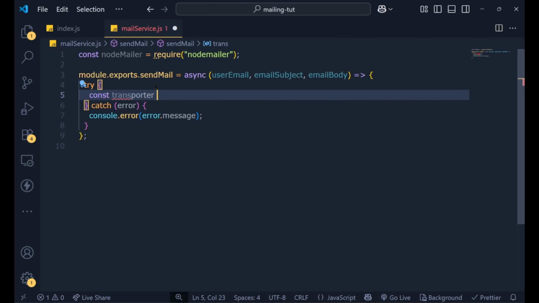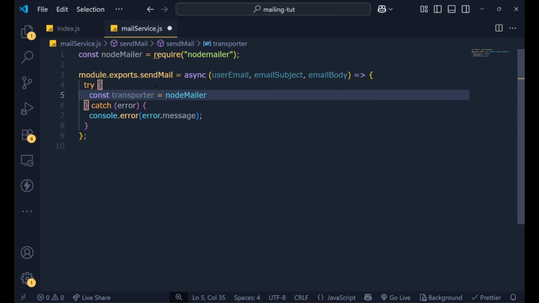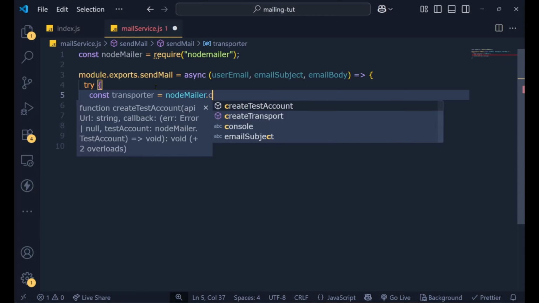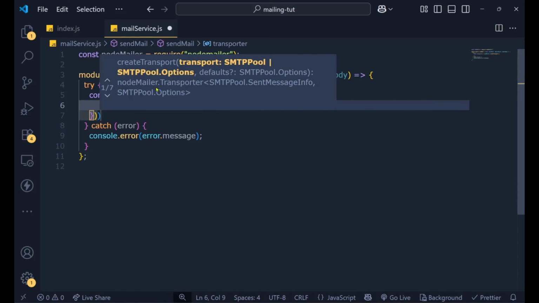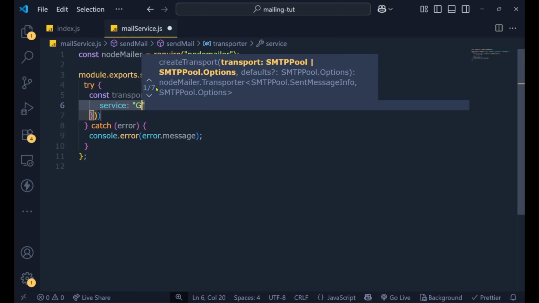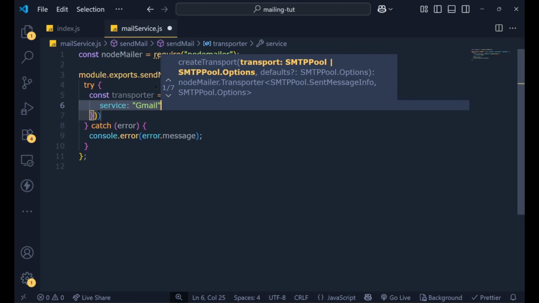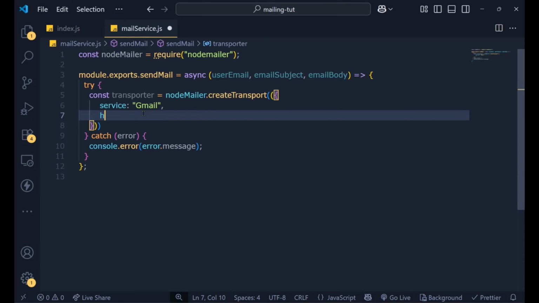So let's just quickly create it. Transporter is equal to, so now this is a function from nodemailer itself. So we'll do nodemailer.createTransport. Now within this, we need to give something called a service. The service we are using is going to be Gmail, and then the host will be